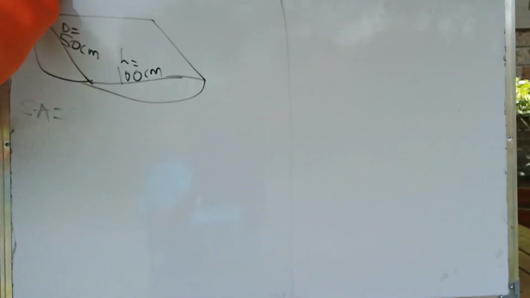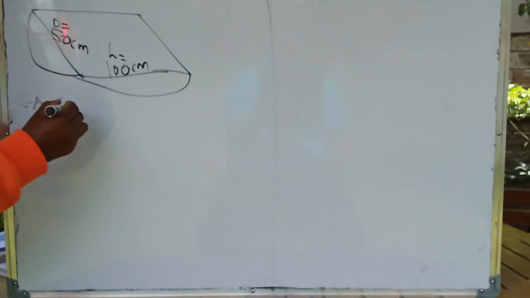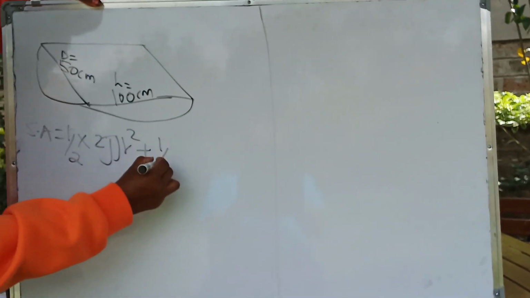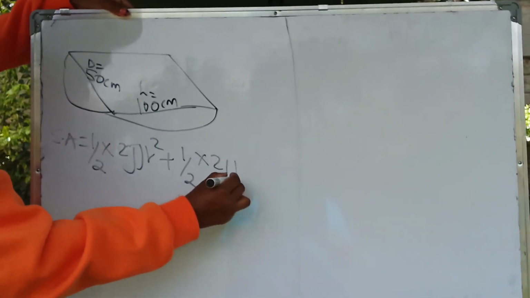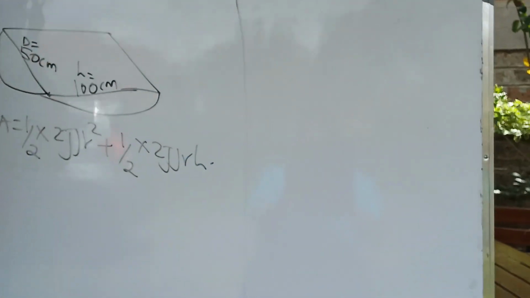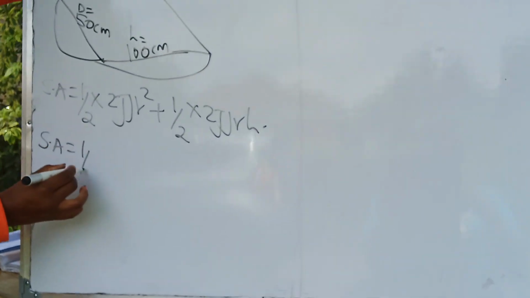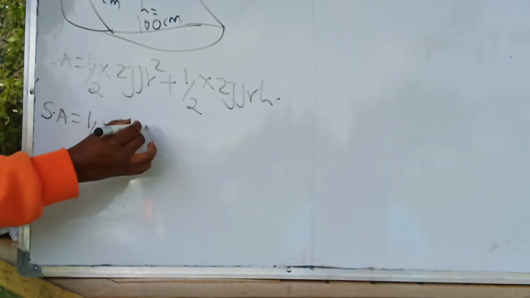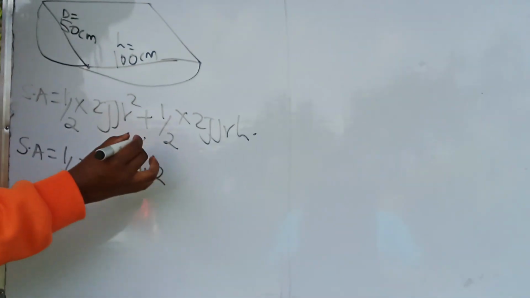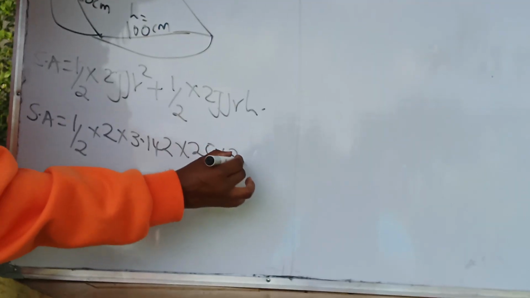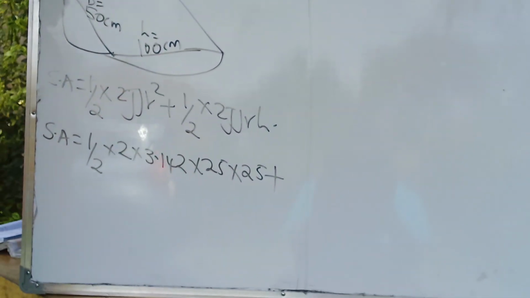It's going to be half times 2 pi r squared plus half times 2 pi r h. So let's replace now. Surface area is going to be half times 2 times 3.142 times 25 times 25 plus